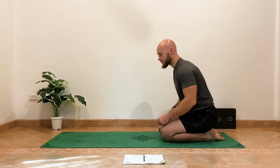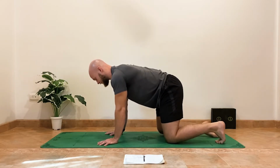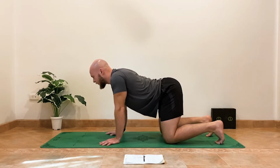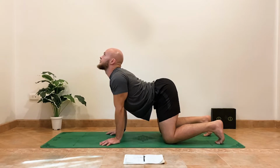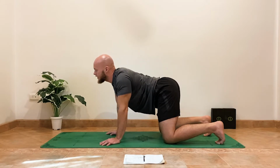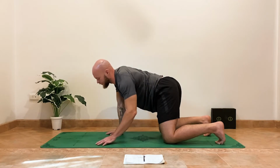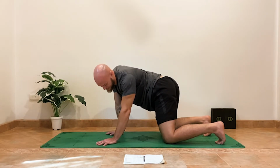It's called the spinal skipping rope because we're going to be moving the spine like a skipping rope. Step one is going to be taking an inhale, coming into our cow posture. Hips rolled forward, shoulder blades pinched, looking up. As you begin to exhale, you want to push your rib cage to the side, contract the opposite side of your core. Remember, we're wagging the tail like a dog, depressing the shoulder blade, pulling the ear to the shoulder